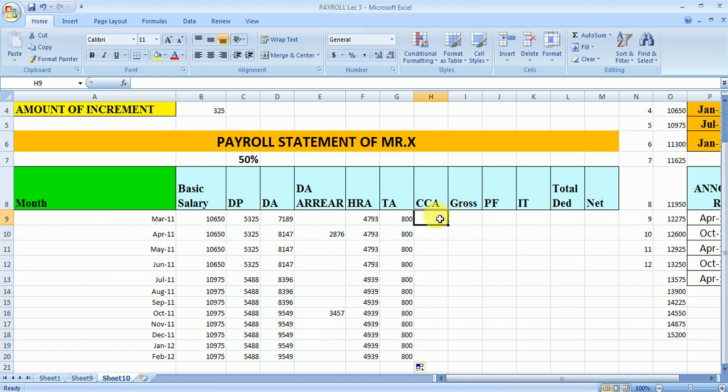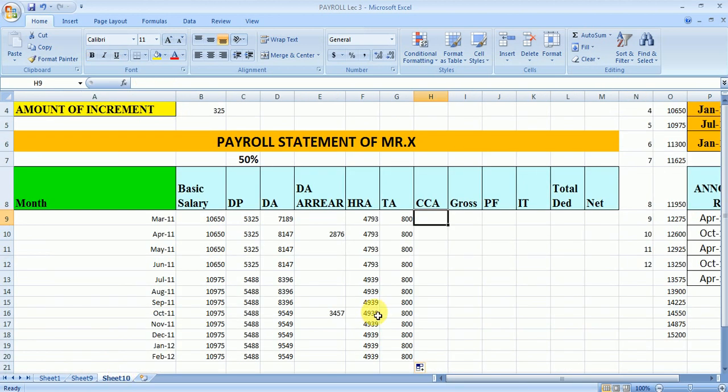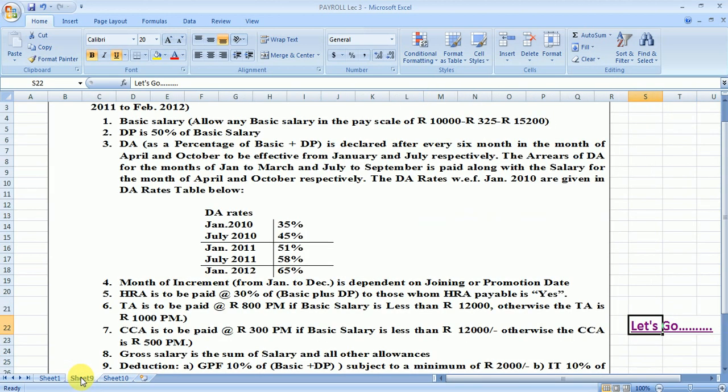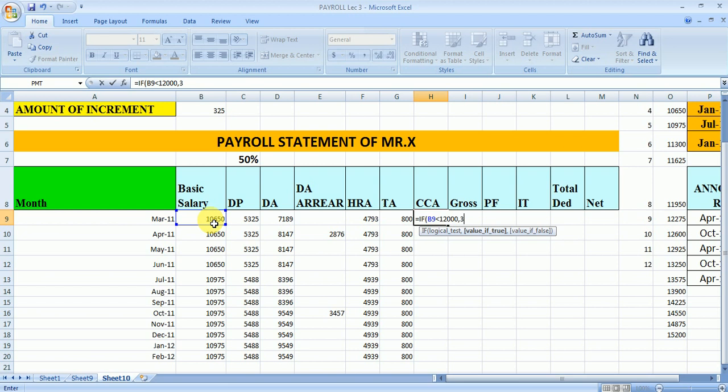Now we need to calculate the CCA. The condition for the CCA is to be paid 300 per month if basic salary is less than 12,000, otherwise 500. So again we are going to use the if function. Equals if basic salary is less than 12,000, then 300, otherwise 500, then bracket close, enter.